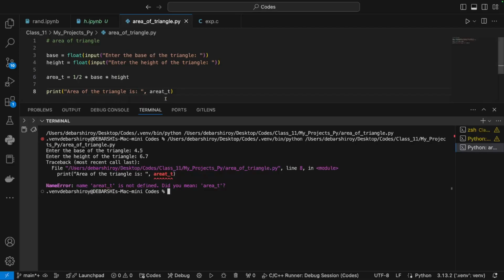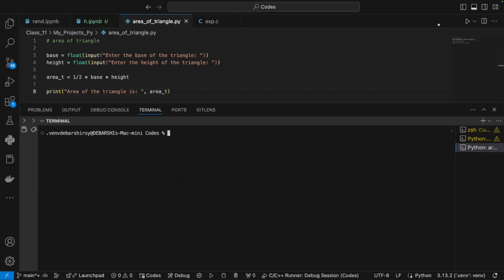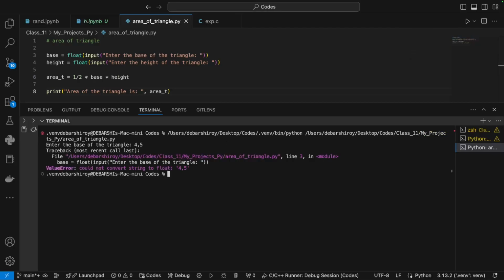Sorry, there is a mistake of the variable name. If you find any mistake, always try to rectify it. There is no error in this process. Again, base of the triangle 4.5,